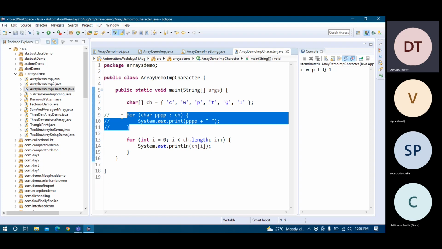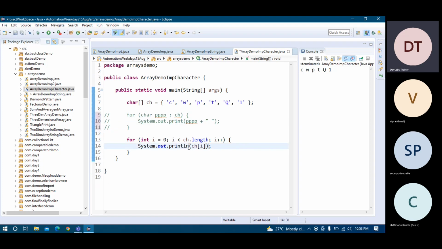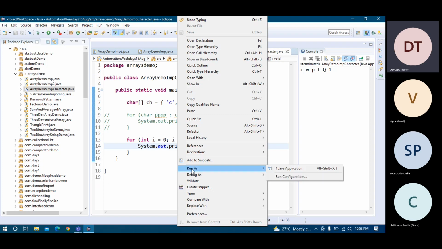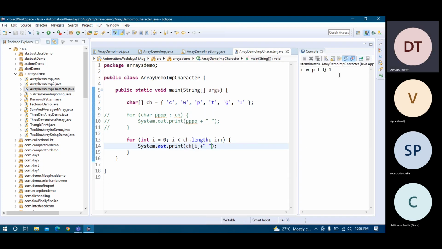So let me comment this part, and I want to see it via this way. I will use the print method, plus, and then a space, and I will see what output comes via this. So this is also giving me the same output.